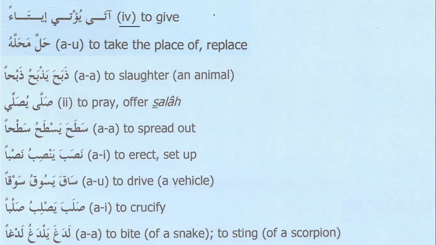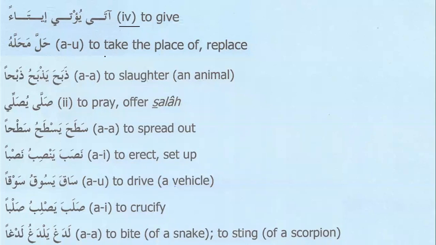It will be ata yati, to come. But when you want to say to give someone something, it will be ata yu'ti ita'an. And that's why inshallah we will discuss the extended forms or the derived forms of the verb, and we have 12 lessons about them, so don't worry about that. Each verb form has a complete lesson in this book. Once we go through all these lessons, inshallah these verb forms will make our Arabic learning and understanding of the Quran much easier, because when these forms change, the meaning also changes. So atayati means to come, but ata yu'ti ita'an means to give.